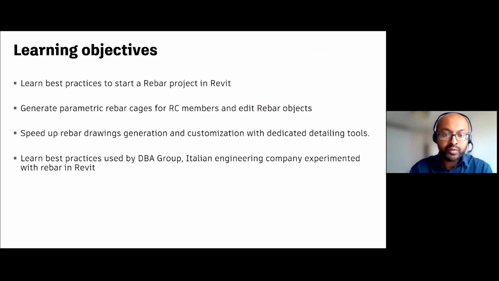So how will this class go on? We will start with Daniel, who will show some tips and tricks on rebar in REVIT and how to speed up rebar modeling with our dedicated tools we developed at Graitec, our Powerpack. And we will conclude this session with our guest, Simone from DBA Group, an Italian company, who will present how they handled a very interesting and amazing project with